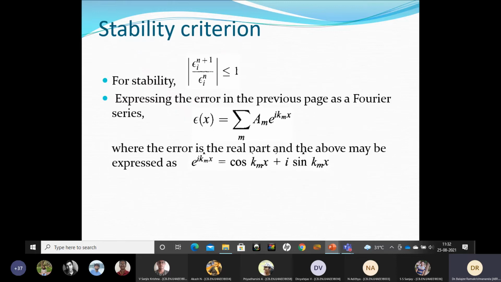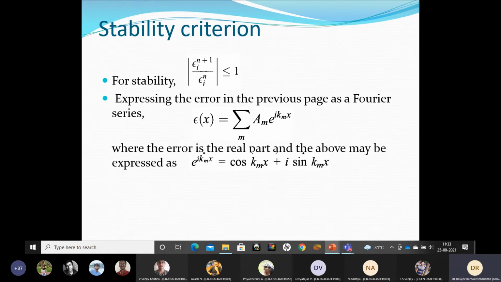Let's see how to apply this. Now recall the stability criterion, which relates the n plus 1th time step to the nth time step. Instead of time step, you can also call it an iteration. We can still apply the same stability criteria. When you solve steady state problems without the dou by dou t term, this applies to iterations. That's why the term n is used instead of t.